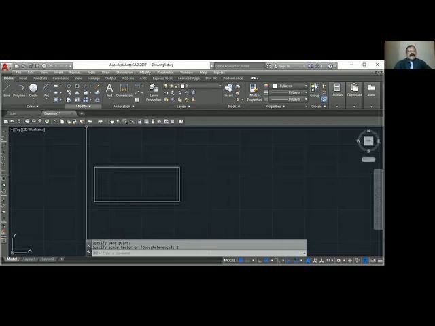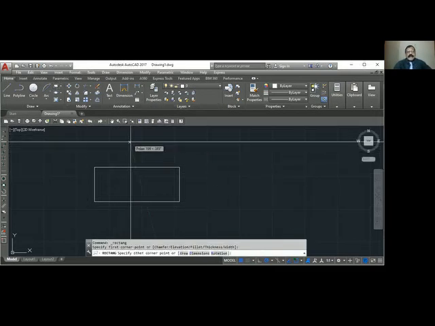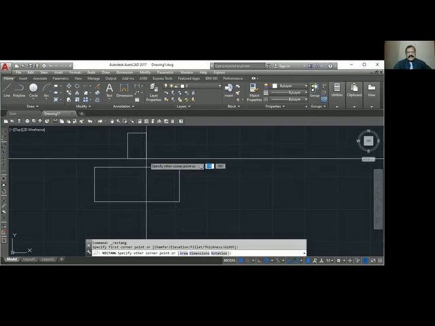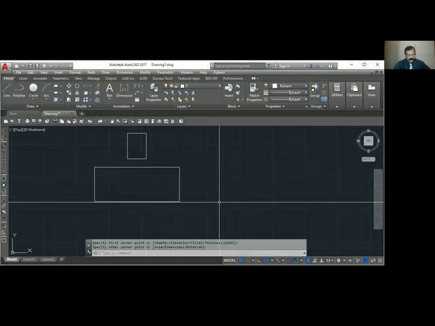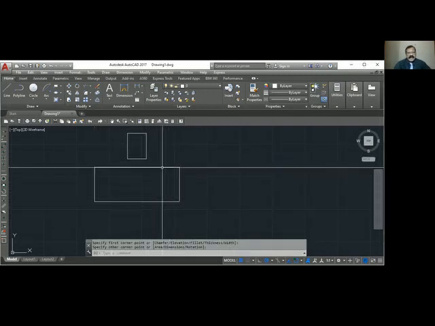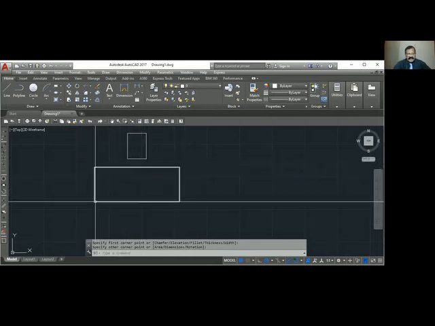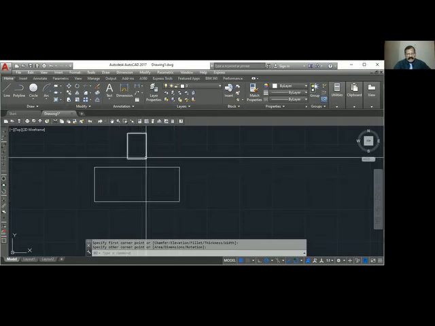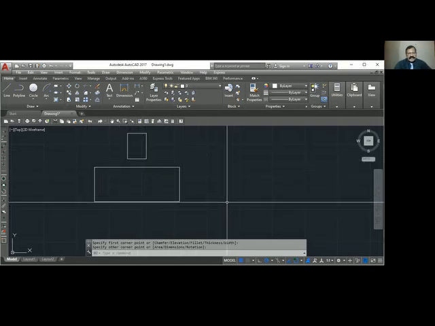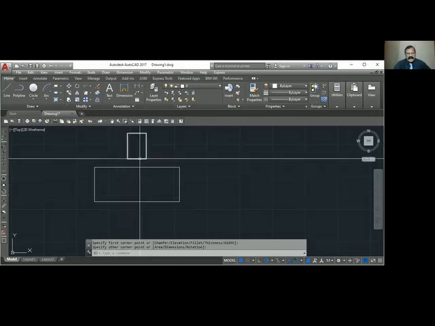Okay. I have one object like this here. I want to reduce this rectangle to the same size, the width. From this width, I want to make it to the same width. So how will you do that? First, you have to find what is the length of this.